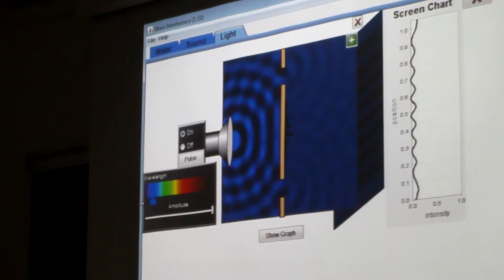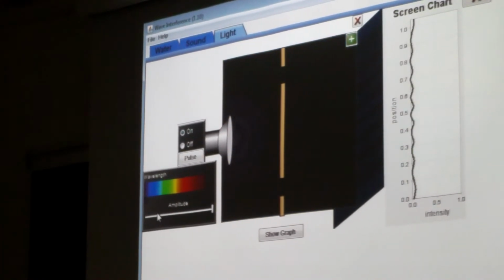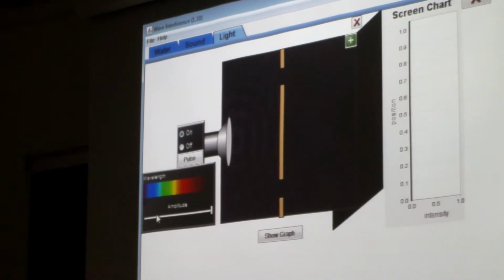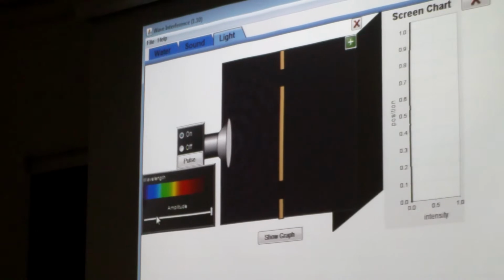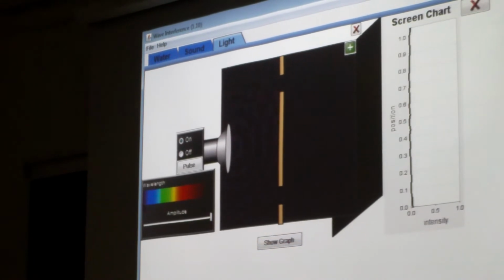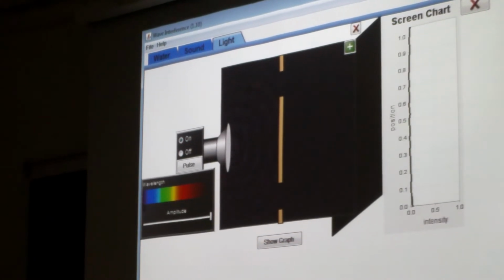What would happen if I go purple? Can you get closer? Tighter still. I like watching it spread out. Man, you're gonna be like that? With the slits a little bit clearer. A little more light